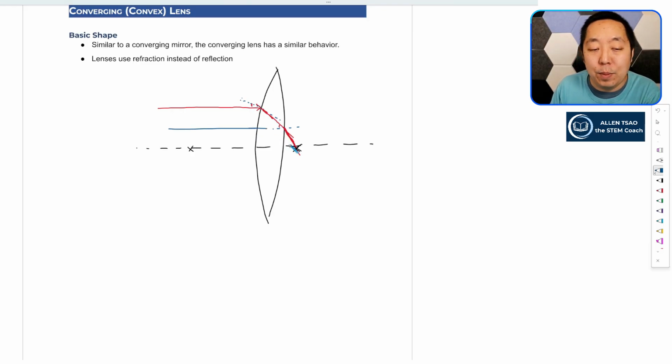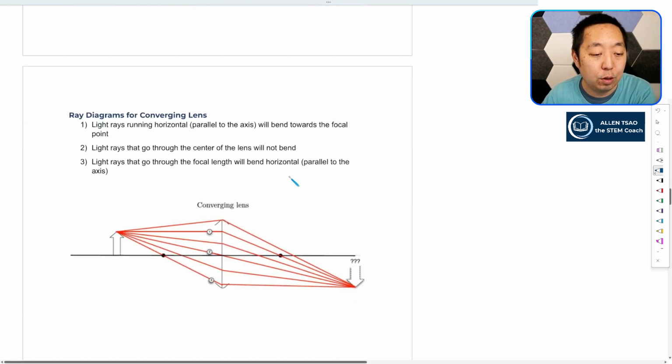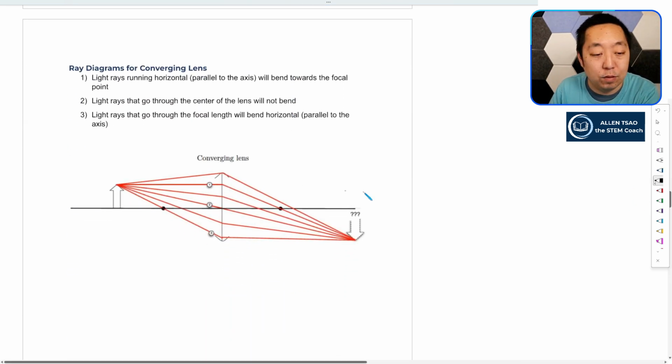Now we make a couple of assumptions. You don't have to draw the interior of the lens. You should know how that works, but we make a thin lens approximation, assuming it's pretty thin, so that any ray parallel to the axis is going to bend towards the focal point. So the whole idea is we're using the shape of it to change that surface, alongside the index of refraction, to force light rays to bend towards a focal point. So that's how the ray diagrams are going to work. So if we have a converging lens here,